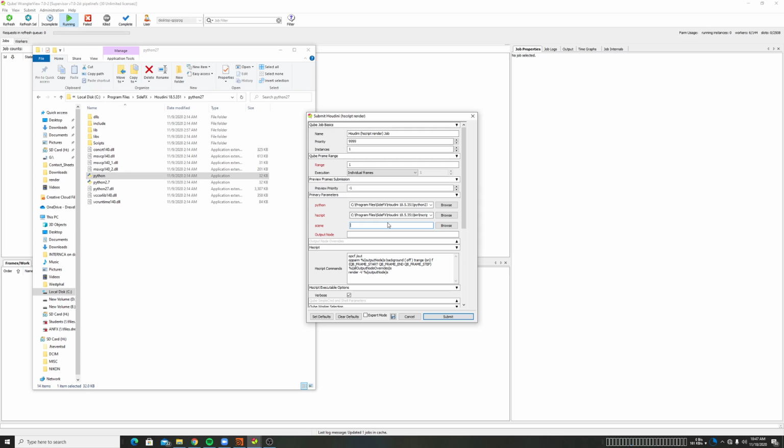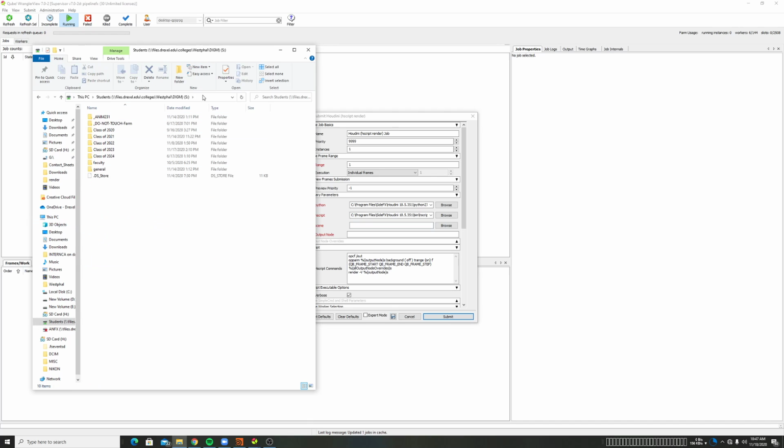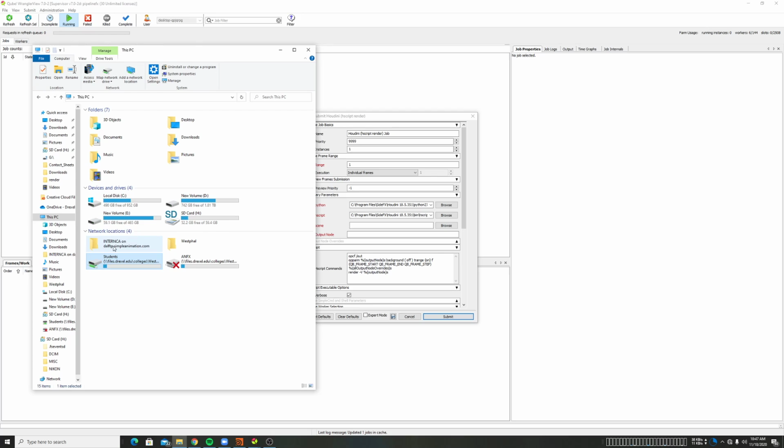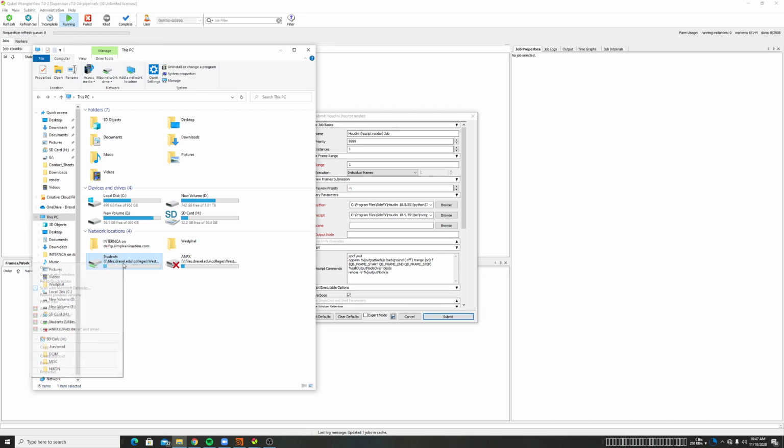And for the scene, we have to find where our scene location is, like the file that we want to render. If we're running from a server, paths are different for different computers. I just happen to have this one mapped to the S drive, but if I wanted to, I could map it to the X, which means that we don't know what all the computers are mapped to. But if I wanted to, I could just grab the actual file server location itself. So instead of S, we can